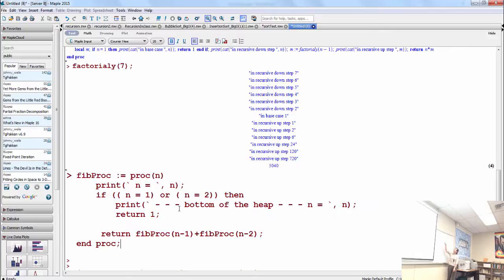Now this is a recursive call and this is a recursive call. This one has to finish before this one does, to tell you the truth. So he's going to call himself. If we plug in 4, 4 is not 1 or 2, so he's going to call 4 minus 1 plus 4 minus 2.